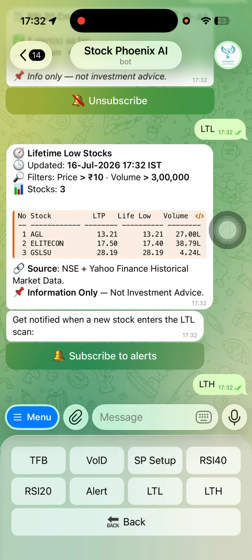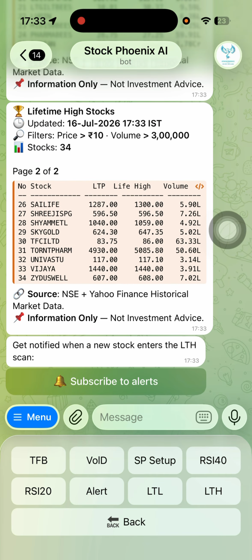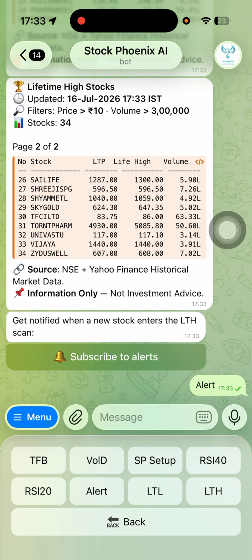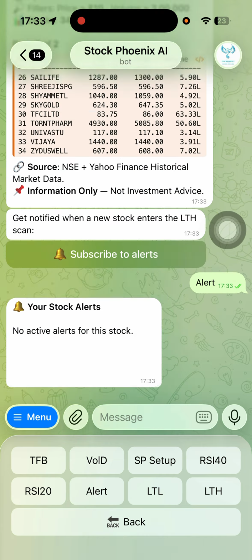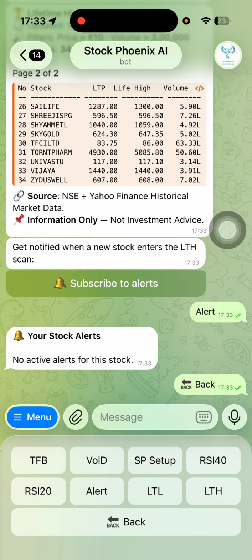Next, if we come back, we also have an alert mechanism over here where you can add your favorite stocks for the alert, and those alerts will be displayed over here. You can delete all the alerts, right? And you can also keep an alert activated. Okay, let me delete all the alerts. Okay, all it has been deleted. So what happens is, whenever